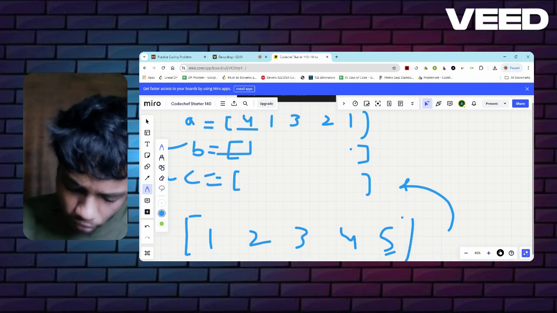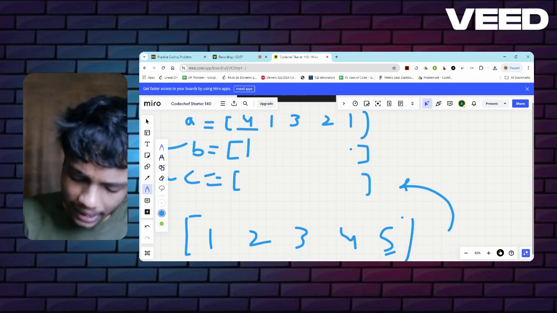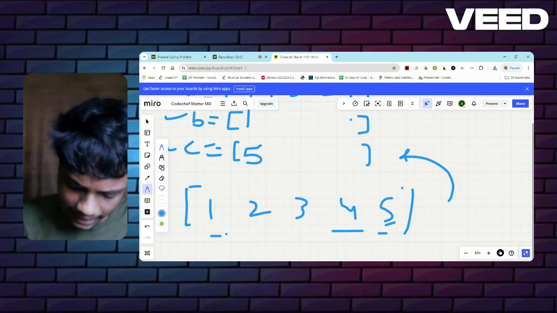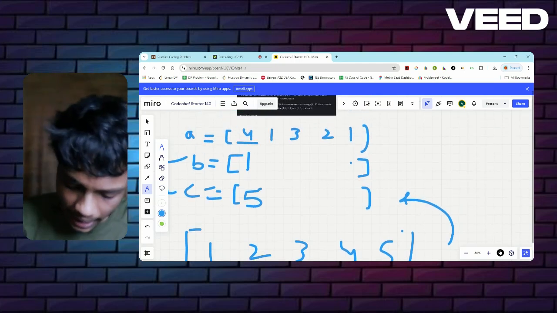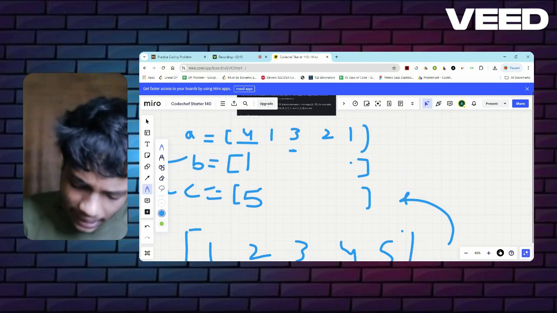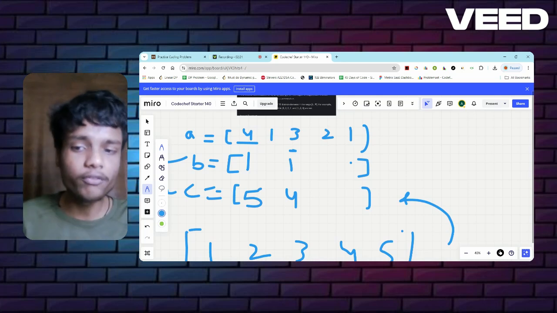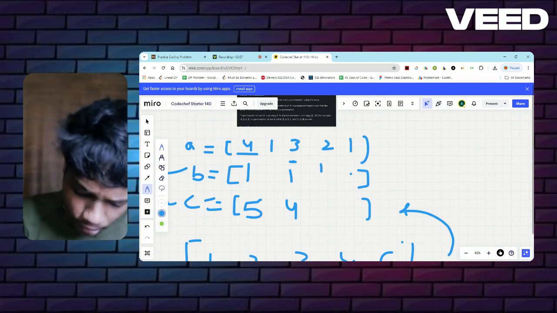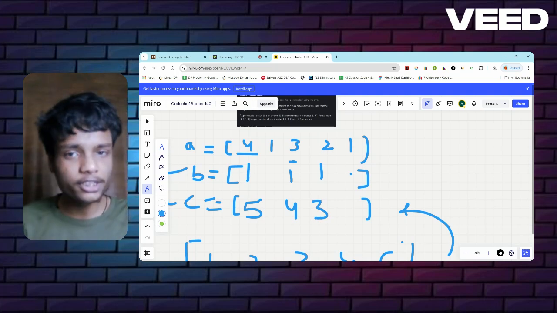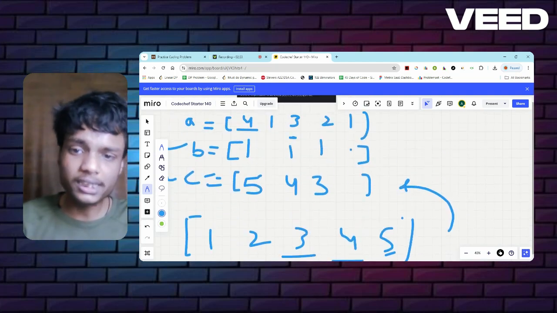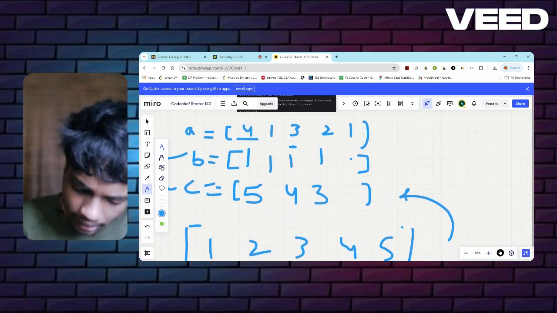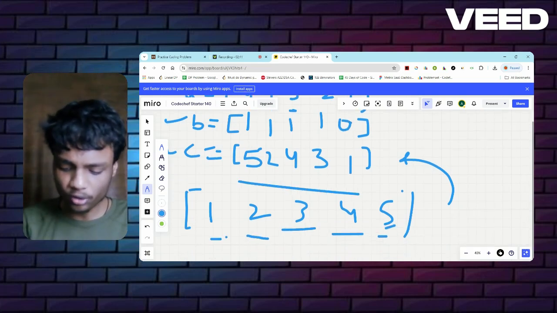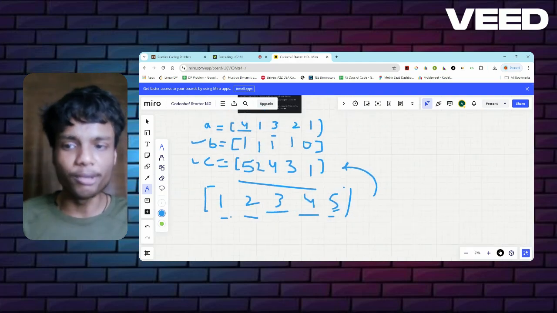So if I add 1 here, then I'm going to get 5. Now, the second max is 3. So if I add 1 here as well, then I'm going to get 4. Now I want to make 3. Let's see how I can make 3. If I add 1 here, then I can simply make it 3, right? Now the next is 2. Let's see how I can make 2. If I add 1 here, then it will become 2. And I don't want to add anything to the last one, so it will become 1 2 5 4 3, a permutation. So it is a permutation, right?